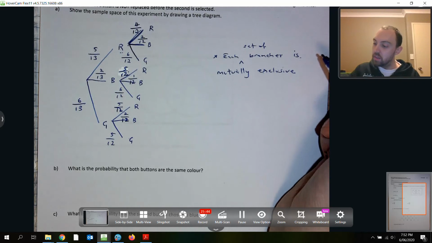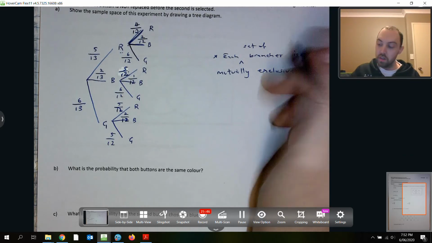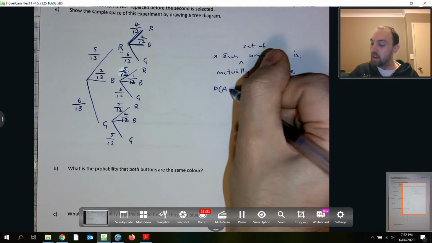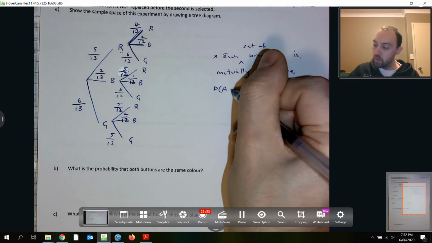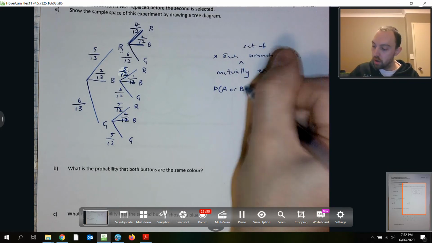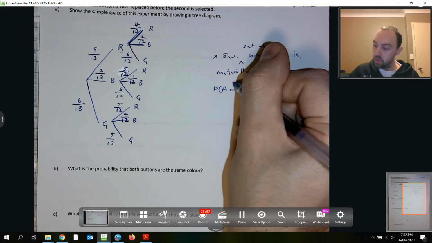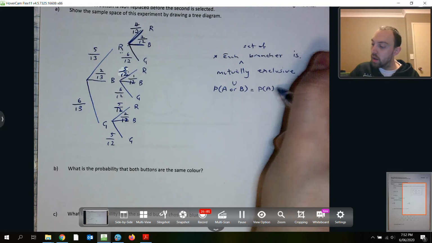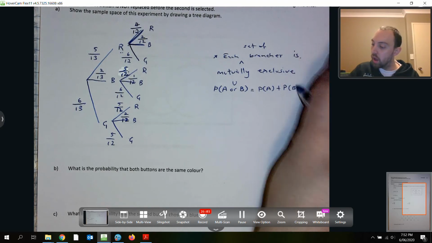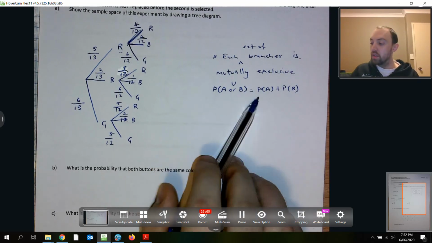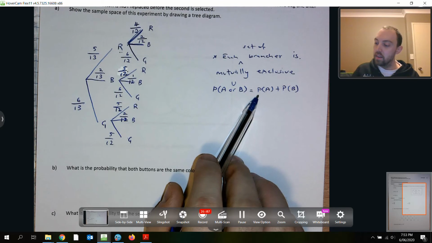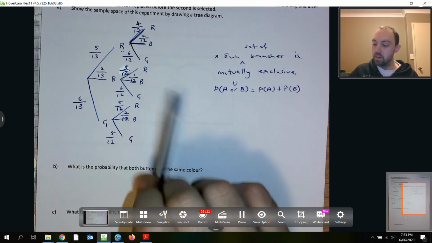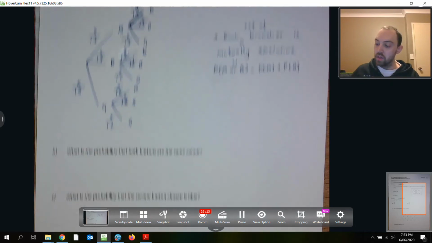Each set of branches is mutually exclusive so that if I have probability of A or B, or would be the union. Okay. Essentially all I'm saying here is that I can add sets of my branches if I'm doing my tree diagrams,